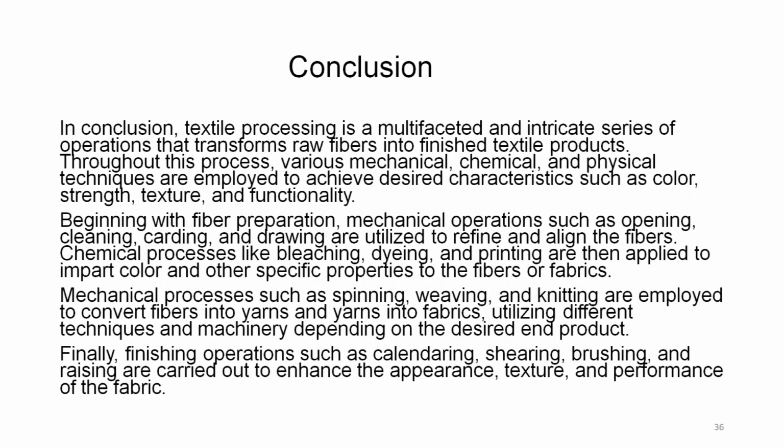So, in conclusion, textile processing is a multifaceted and intricate series of operations that transform raw fibers into finished textile products. Throughout this process, various mechanical, chemical, physical techniques are employed to achieve desired characteristics such as color, strength, texture, and functionality. And we just now saw how different chemicals can make a difference, and their uses